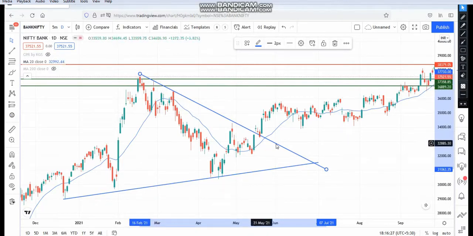You can see the sellers have put more pressure to push down the Bank Nifty counter, and the buyers have put more effort to push up the Bank Nifty counter. At the end of the battle, the buyers have won the battle, and this is the way the market has gone up. Okay, this is the fourth one we have seen.